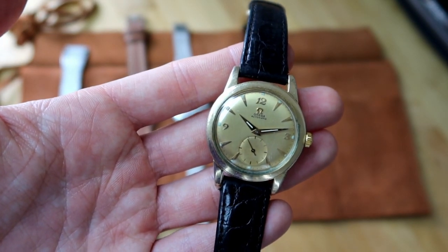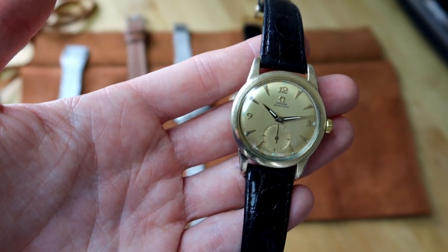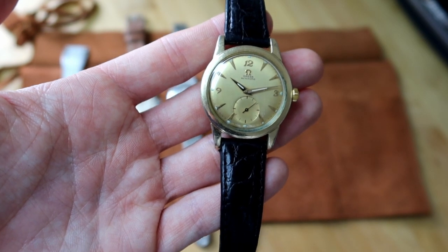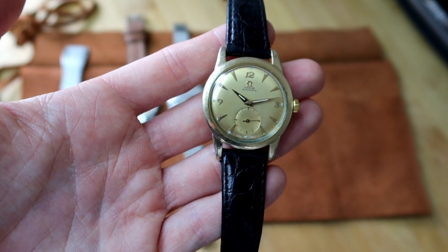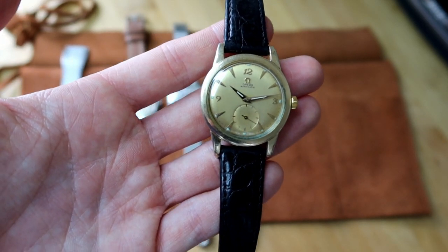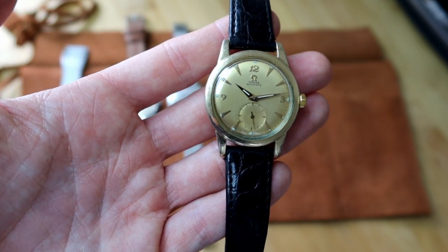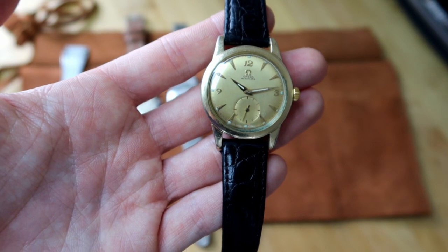The bumper automatic movement was developed off of the caliber 28.10 RAPC. From that movement, a bumper automatic movement was developed into the 330 series of movements, which included the 332, which was in some of the first Omega Seamasters that were produced in 1947 and 1948. The movement that is in this watch is the caliber 342, which was part of the same series and iterated off of the same movement, and was introduced in 1949 and was produced all the way through 1955. 42 hours of power reserve,